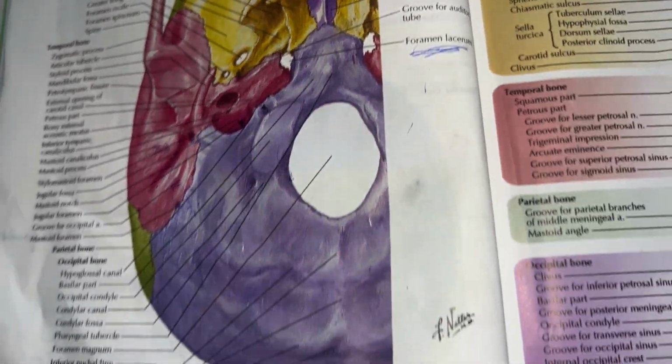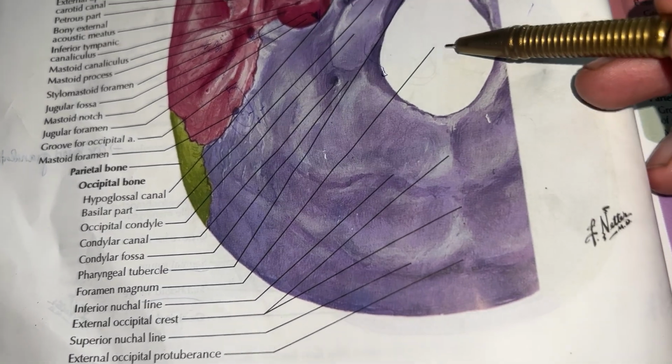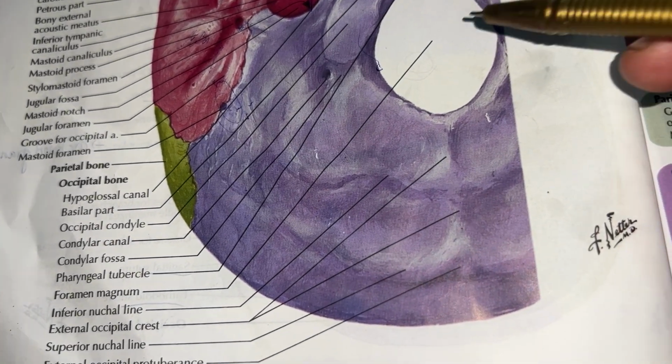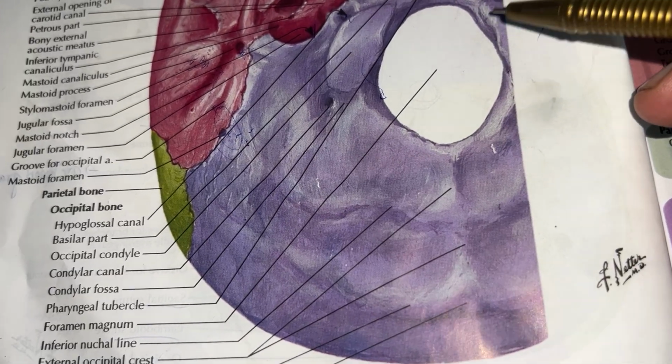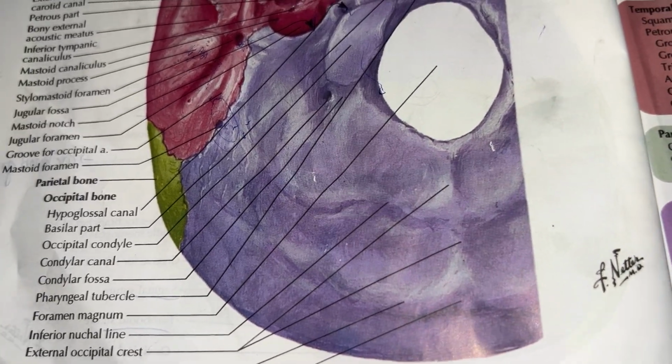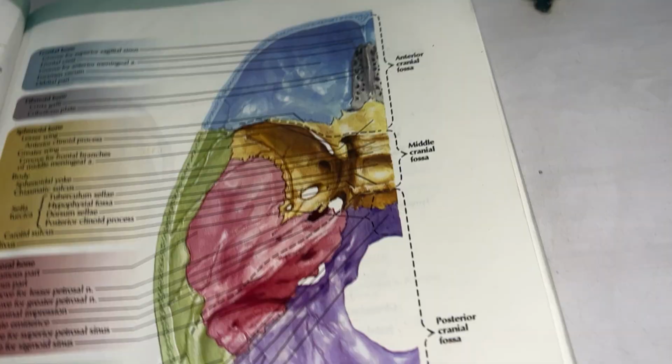Okay, and this large foramen is called the foramen magnum. It transmits the medulla, spinal cord, the vertebral arteries, the glossopharyngeal nerve, the spinal accessory nerve. Okay, so this is the foramen magnum. Now going towards the basilar part,